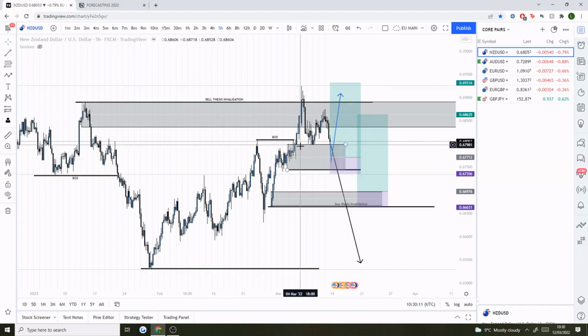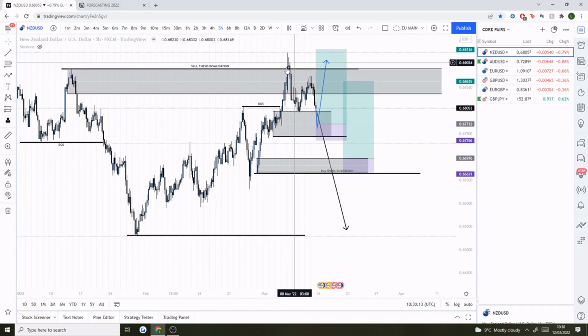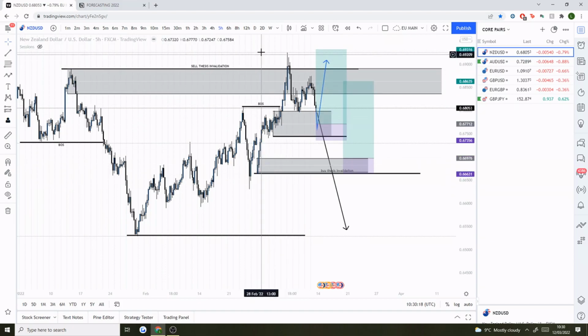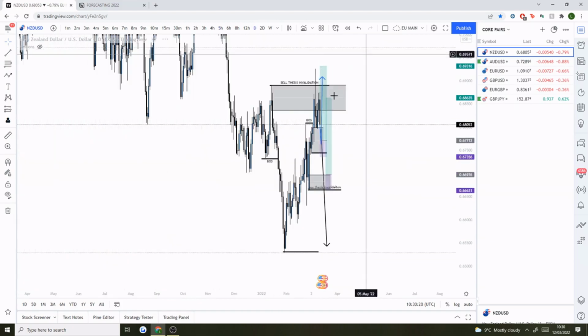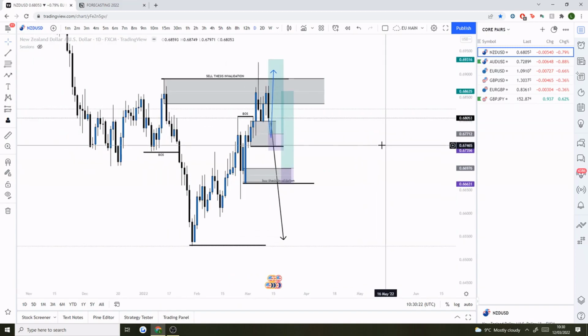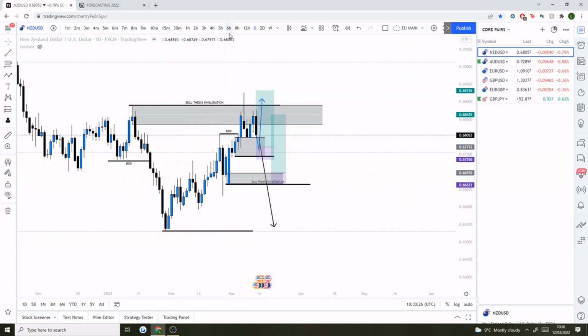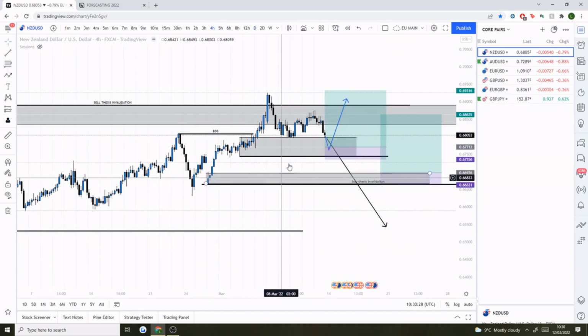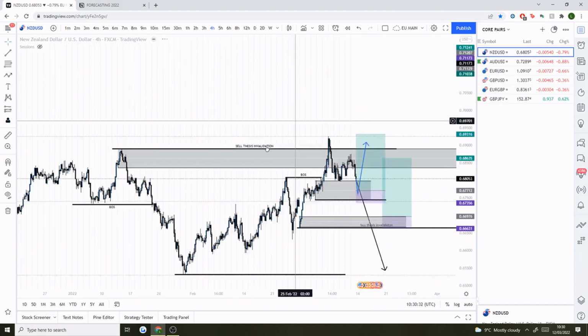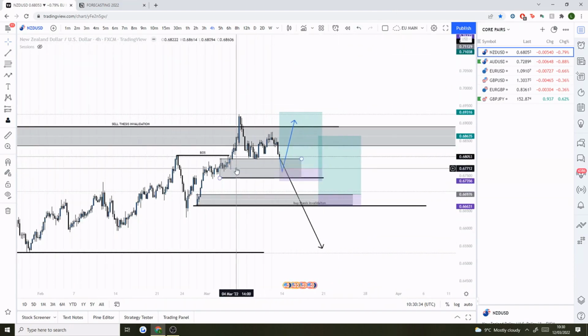So that's NU this week, and unfortunately it can't be more clear because at the minute we're not really sure if price is going to follow through with the daily thesis or if it's going to be following through with this whole bullish structure here. But as always, I give more weight to high time frame, so if I had to put my bets either way, I'd say the daily is probably better, but it's not worth just ignoring the other time frames, because if we do see this bullish structure play out, then it could continue for quite a while, so it's worth being aware of the bullish structure as well.